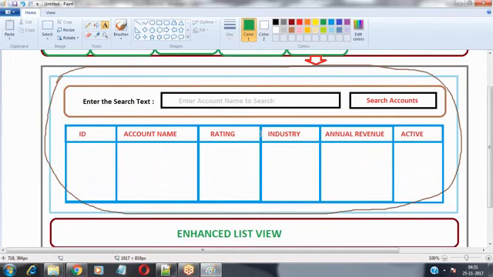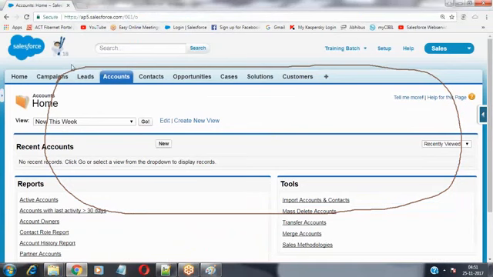Because this is a problem. Now when coming to my standard page, standard tabs, when I click on that tab, it may be the campaigns tab, lead tab, accounts tab, cases tab, whatever. On top of that page, it is providing that enhanced list view, but there is no such feature available over here. But my client is expecting, as part of our project requirement, a user interface